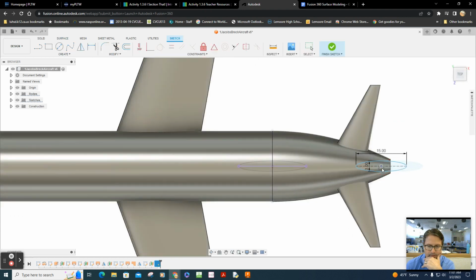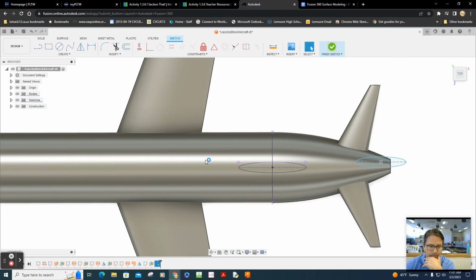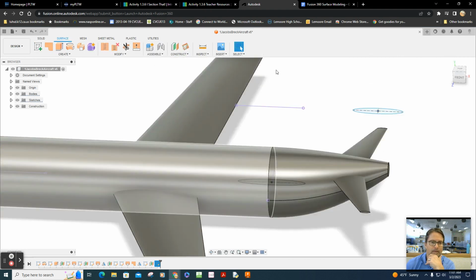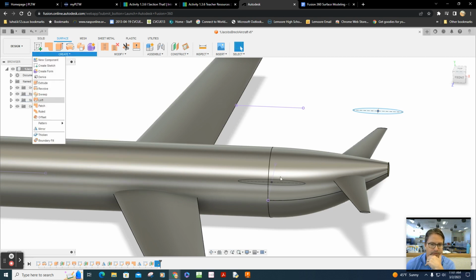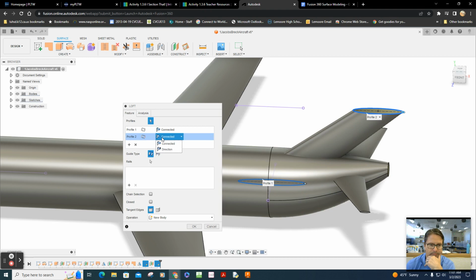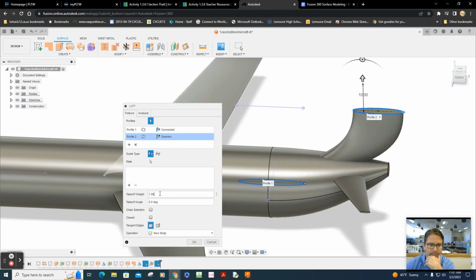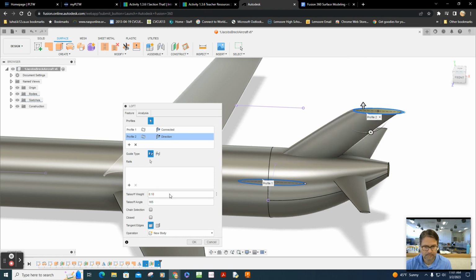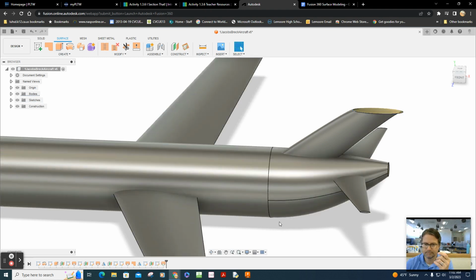About right there. All right, and let's see, create the loft one more time. And that's the ticket. Nice.